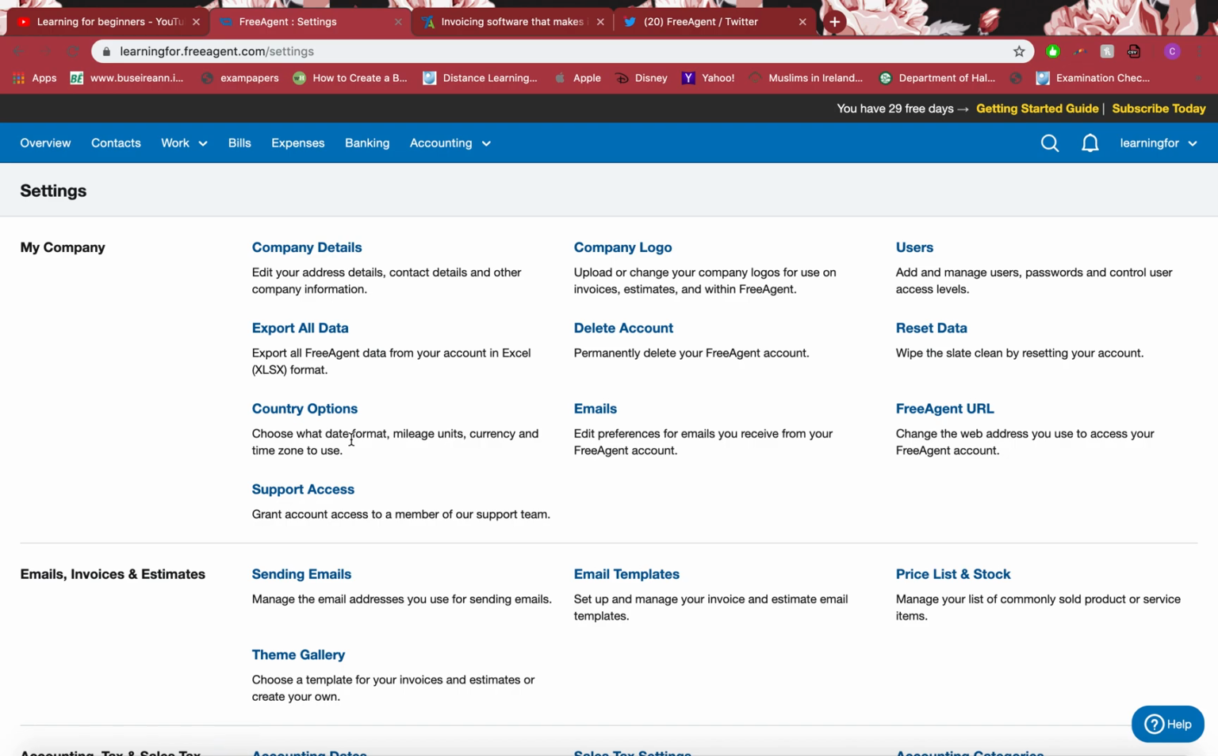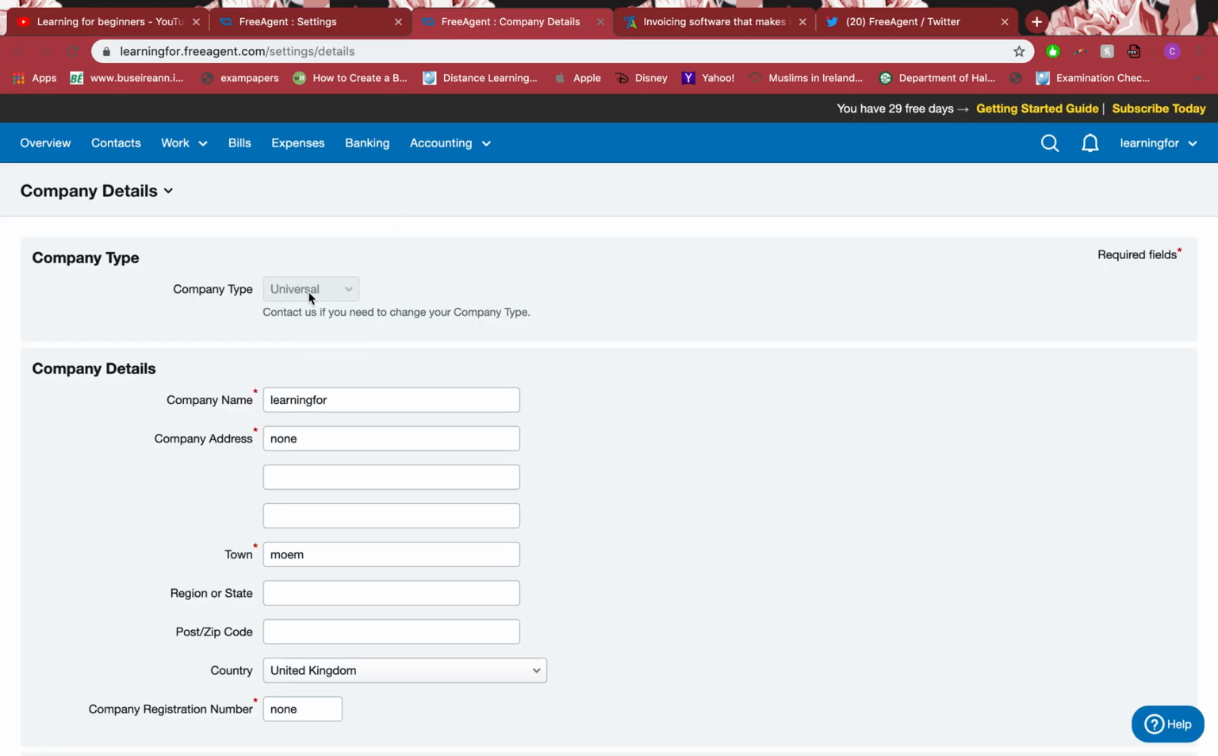I'll be going through with you some of the important parts. You just log into your account and go to settings. You'll see this window. To change the company details, you just go to company and you just see the